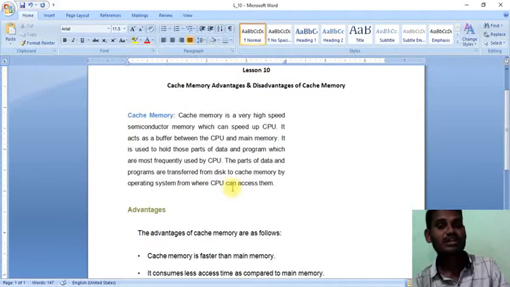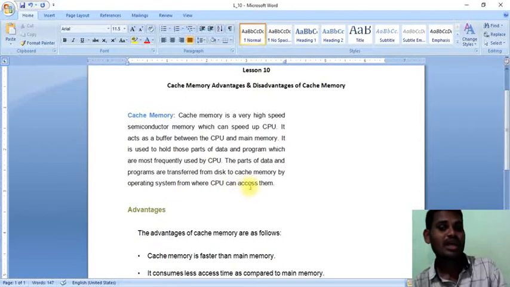Which means, for example, our CPU is looking for something from main memory. The cache memory is going to initiate and boost the process which is done by the CPU.